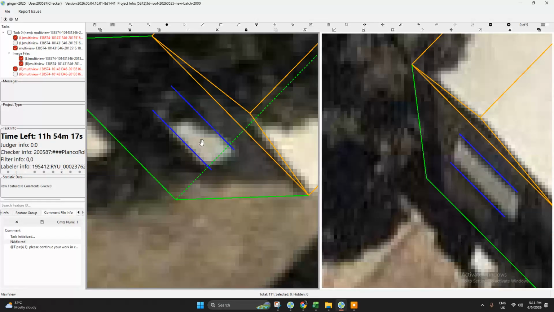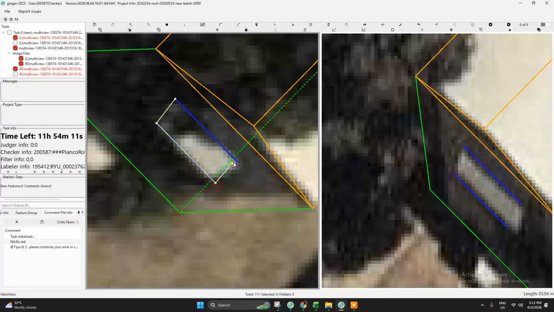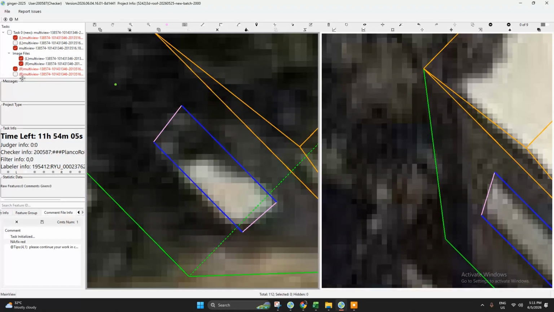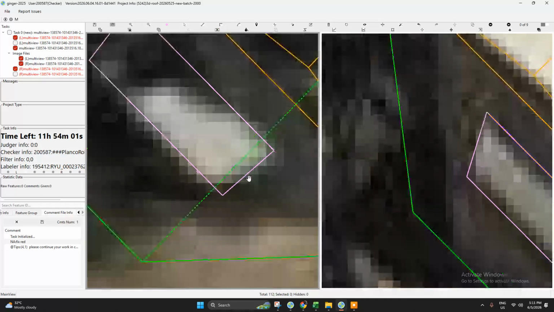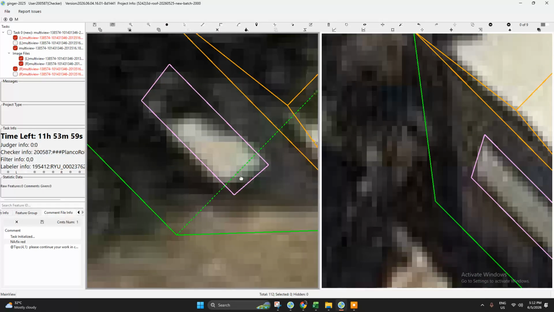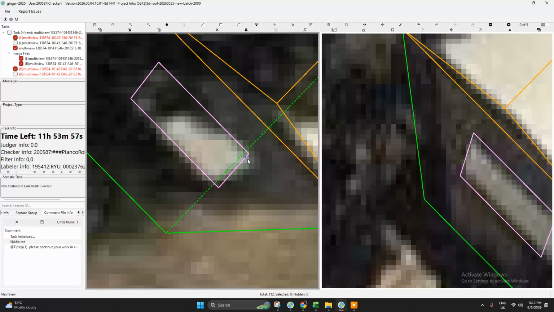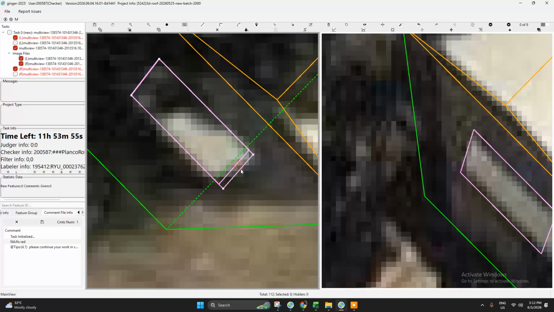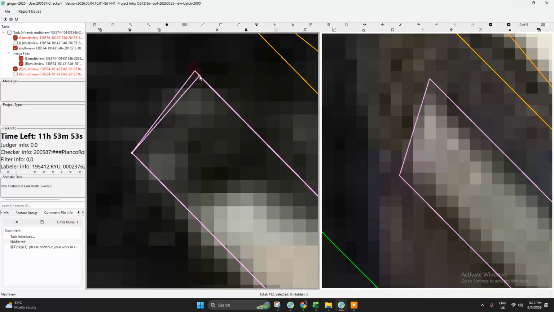Let's see. Okay, so this one should be secondary attached because it is attached and has no support. So let's remove and just try to adjust. There.